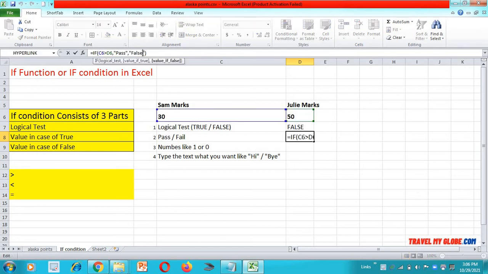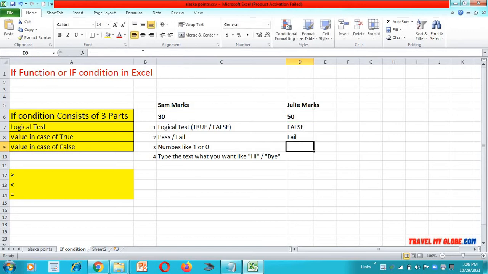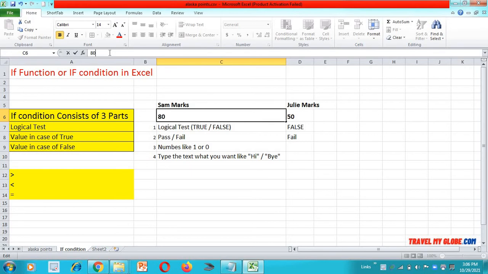Sorry, I typed false. I want to type fail. So, see, this condition is true. So what if Sam's marks are greater than Julie's marks? How is the IF condition going to work?